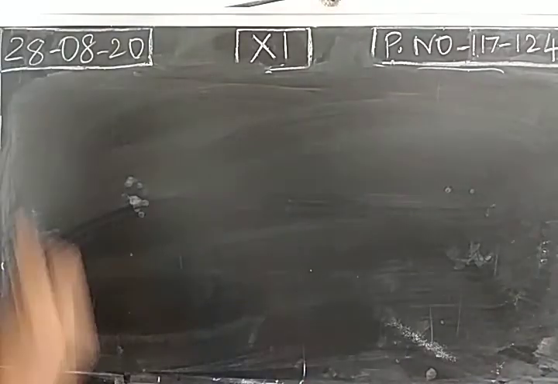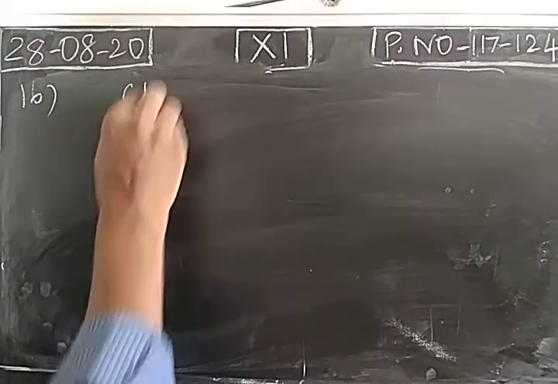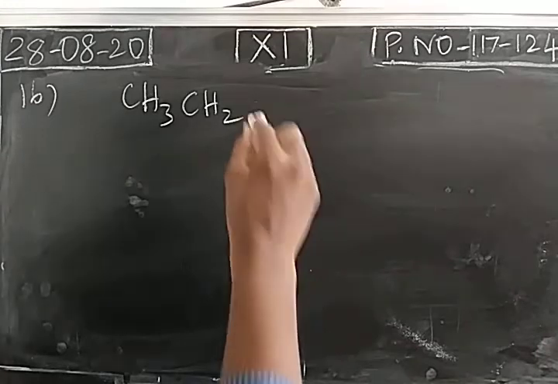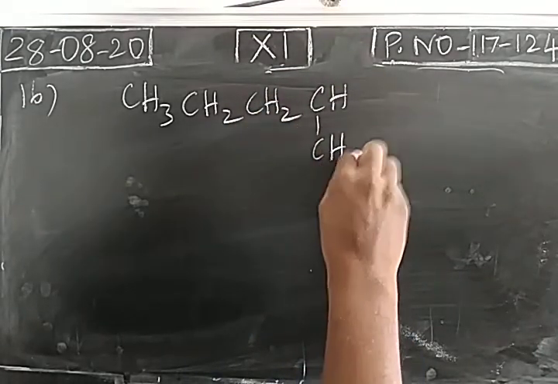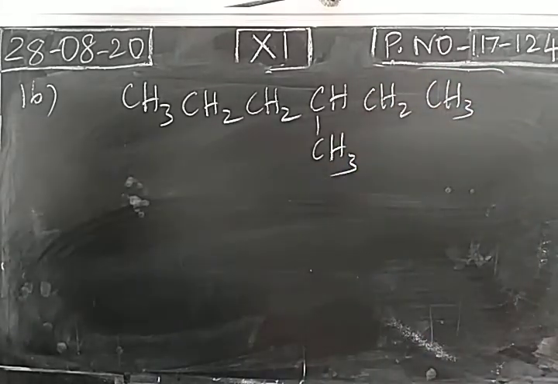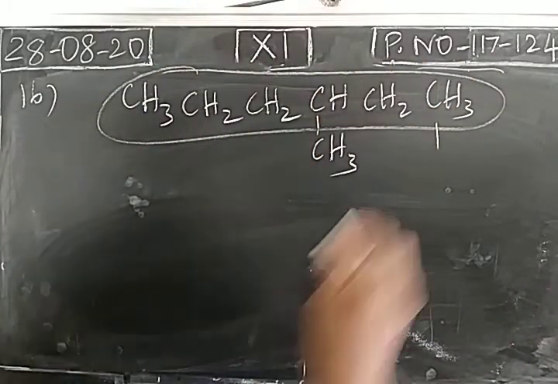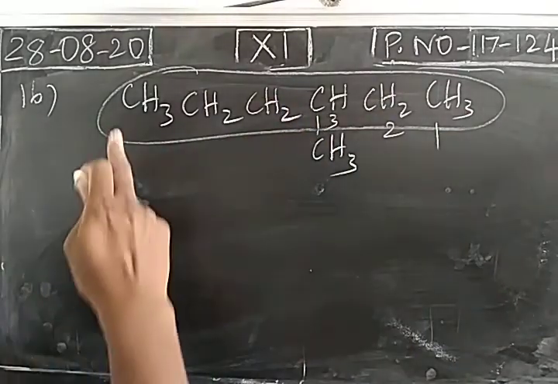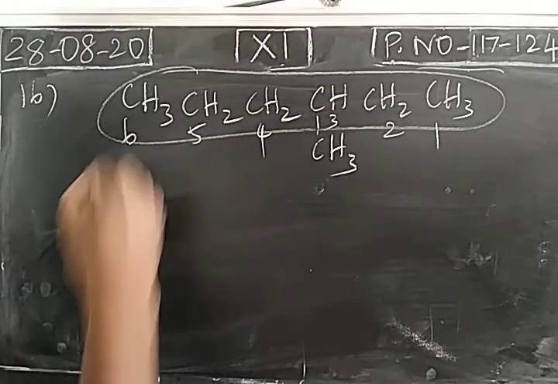So next compound, 16th one. So this is a simple alkane. Select this as the longest chain. We have to give numbers from right to left. Then only the substituent will have the lowest number. If numbering is given from left to right, this will have 4. So wrong method. So the correct method is giving numbers from right to left.